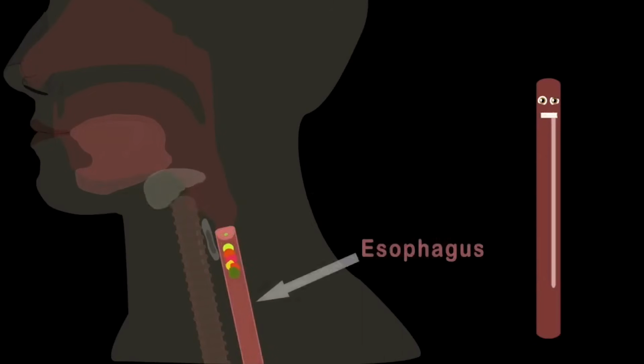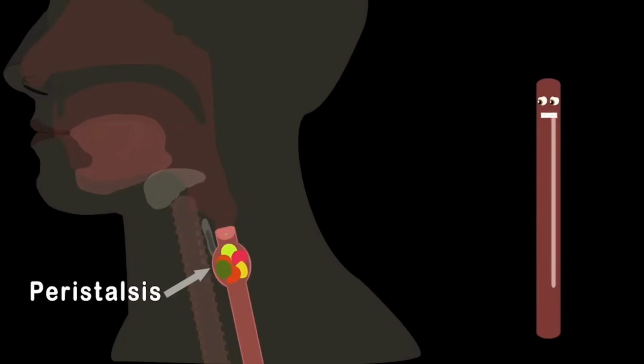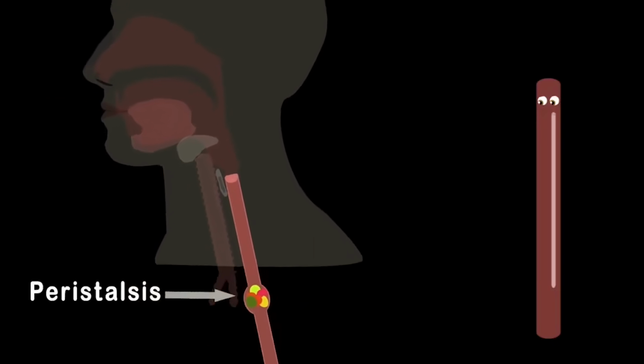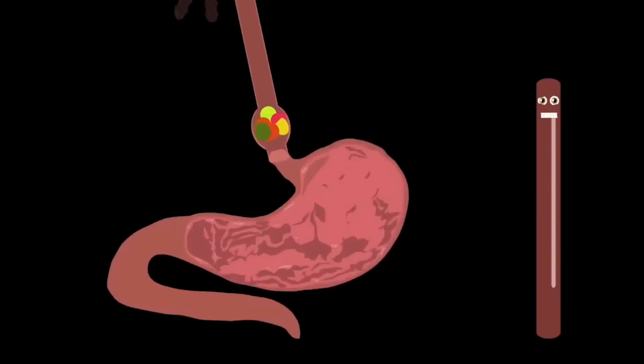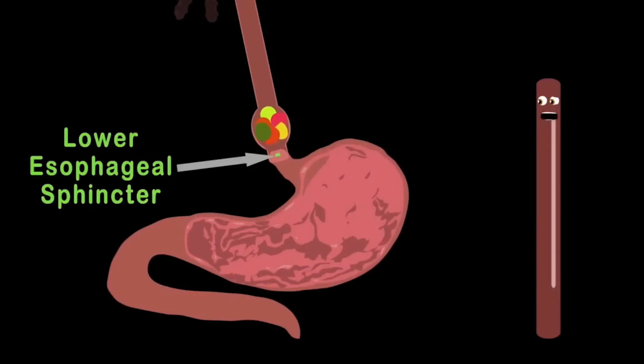When food's in your esophagus, peristalsis occurs. That's when circular and longitudinal muscles do work. These two muscles contract in the wave motion shown, pushing your food towards your stomach's main digestive zone. Peristalsis is finished near your stomach, where your lower esophageal